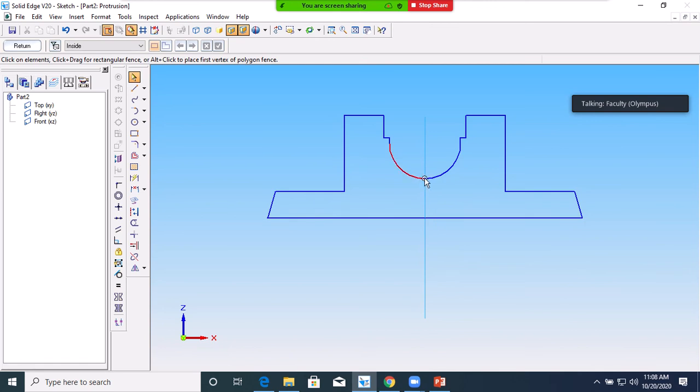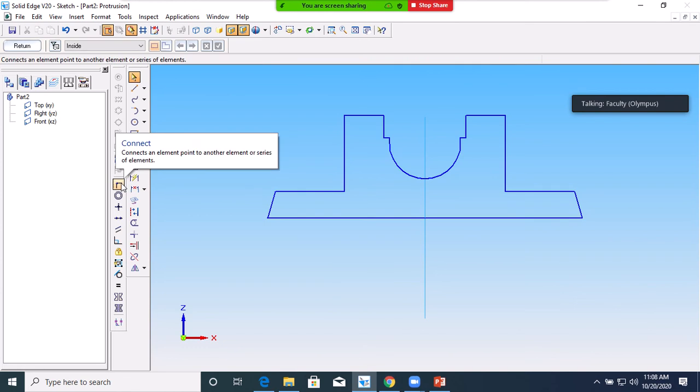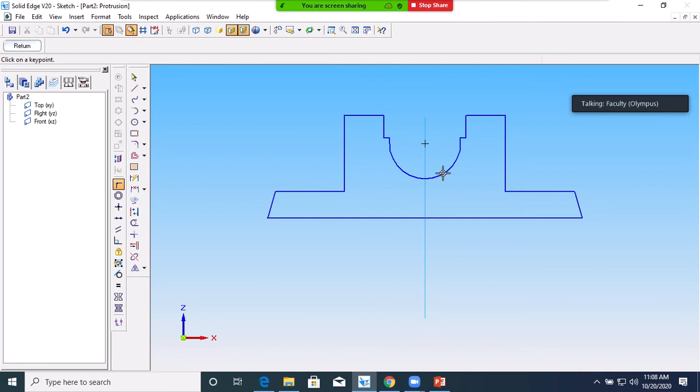So this is not acting as a single unit, it is a different unit. In order to join this together, you have to use the connect command. Here you see, are you able to see the connect command? So these two lines you are joining. Use the connect command, move the cursor to the end of this curve. I will get the end point of the curve, select that end point. Again move the cursor to the end point of the other side of the curve. Then it will join. Again here also you have to join. Select this end point, it will join.